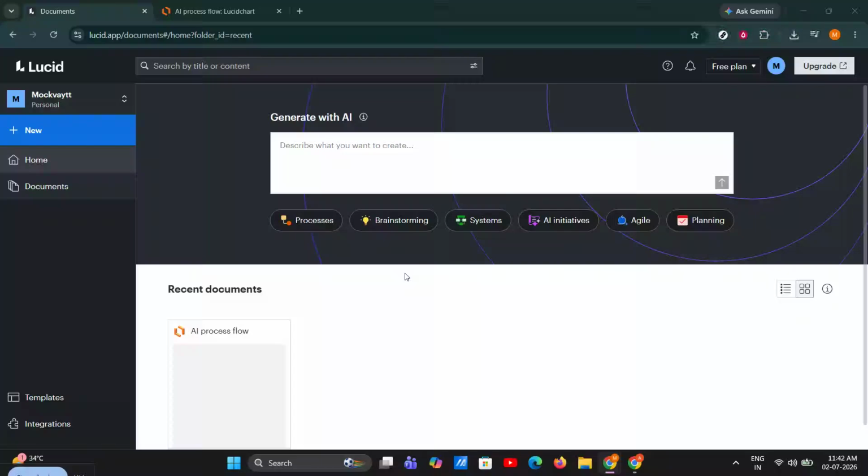If you've been wondering how to give a prompt in Lucidchart, you're in the right place. In this video, I'm going to show you the simple step-by-step process for using Lucidchart AI to generate a diagram from a prompt, even if you've never used it before. This is a great way to save time when you need flowcharts, org charts, process maps, or any other visual